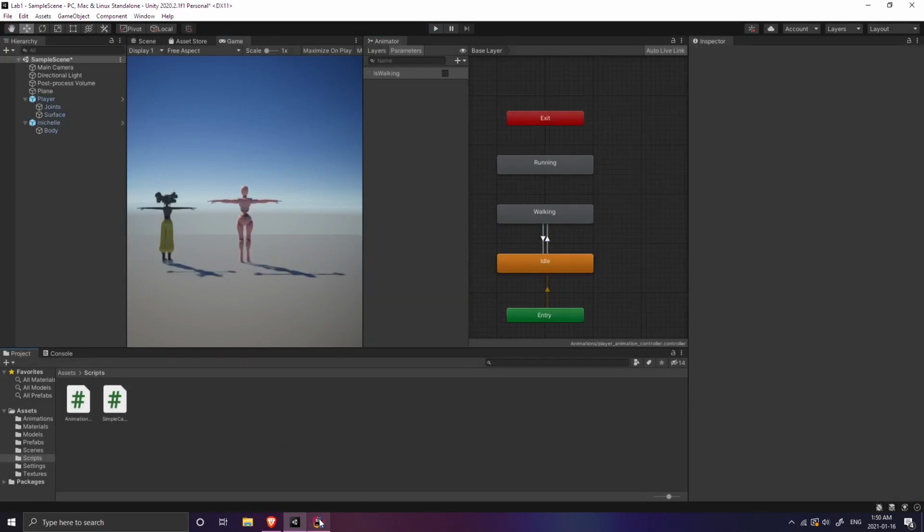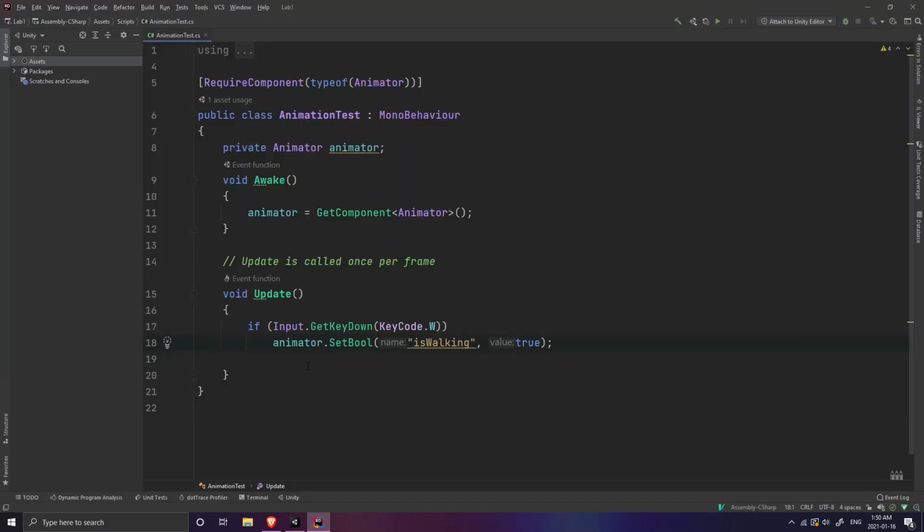Okay, so let's add some lines of code here to say that once we let go of W, we want to set is walking to false. So it's going to be a pretty similar code. I'm just going to set this to not. So that's one way. Or I can also just get key up. So once we release the W key, we can set the is walking